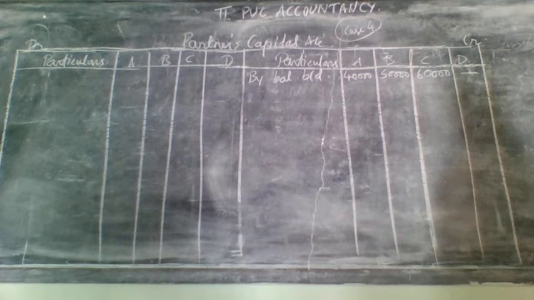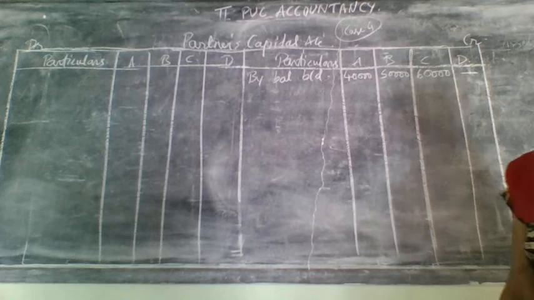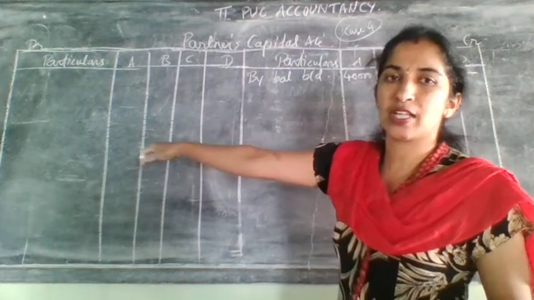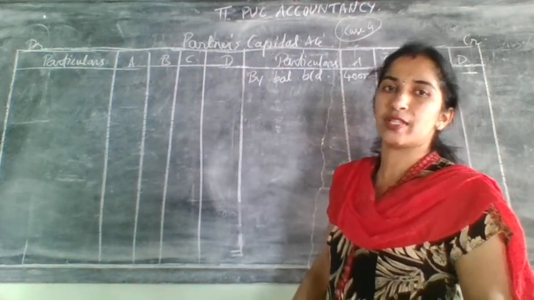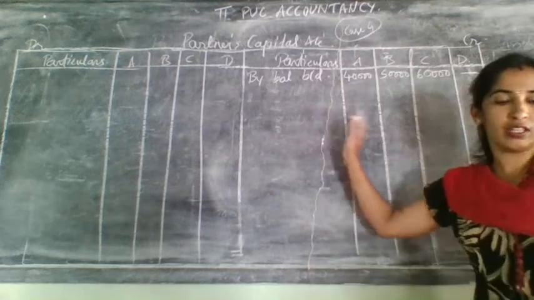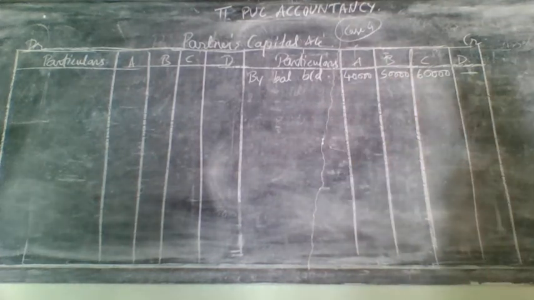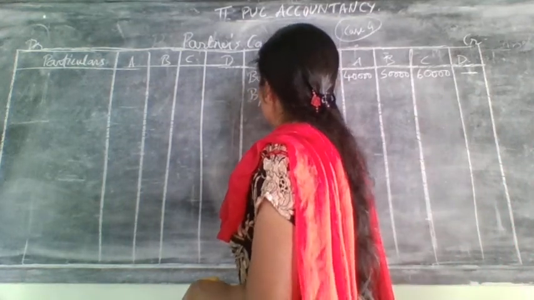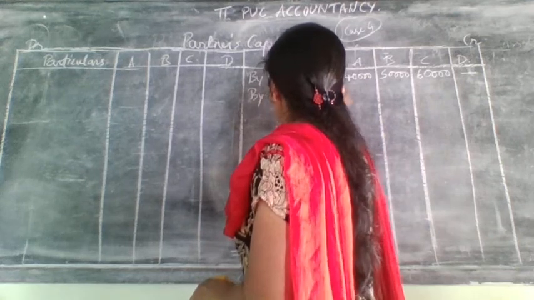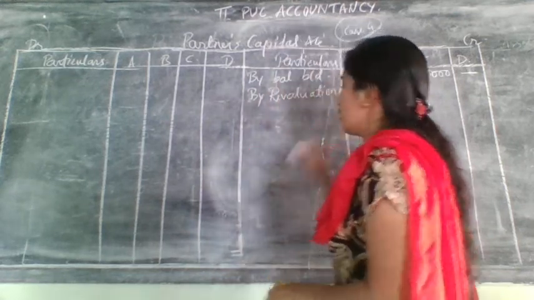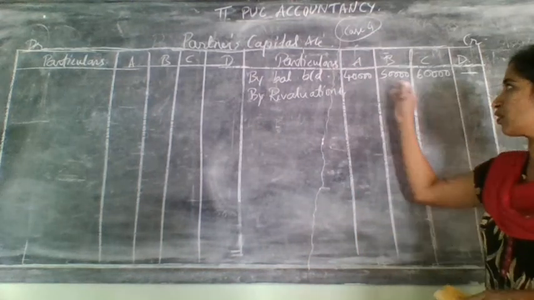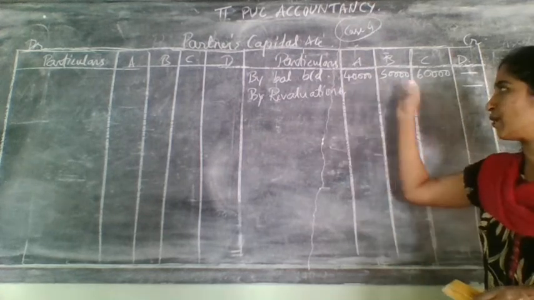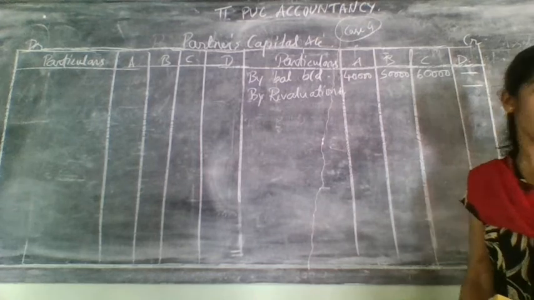Next what will come? Next I told you to write revaluation account profit. If the revaluation account came on the debit side, that means the old partners' capital account came on the debit side, and that will come here. In this problem it was profit and came on the debit side of the revaluation account. That's why write the next account here, revaluation account. The revaluation account profit came to 3,000. That 3,000 needs to be distributed among 3 partners. Distribute there and then copy the same amount to the partners' capital account.